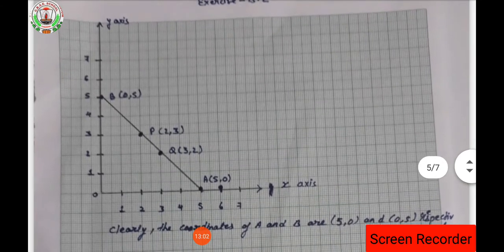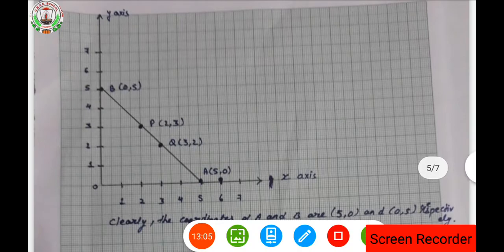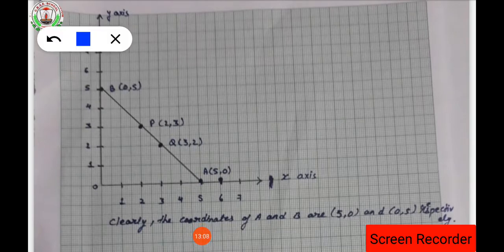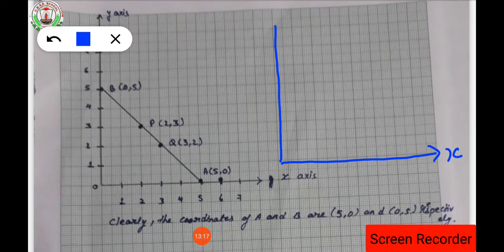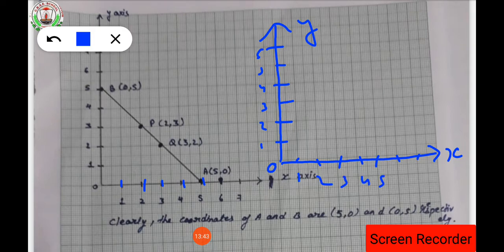x and y, the two coordinates we have to draw over there, isn't it? The two coordinates for x and y we are going to draw. This one is the y-axis, this one will be the x-axis. Clear? The two axes we are having. Then this one is the origin, marking the line 1, 2, 3, 4, 5, 6, 7, 8 on every box. Clear? On every box we have to mark. In the same way, on the vertical line also we are going to mark the numbers 1, 2, 3, 4, 5, 6. Here 1, 2, 3, 4, 5, 6.